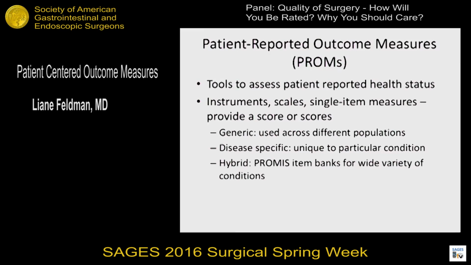And they can be generic. Examples of this would be SF36 or EQ5D or PROMIS. PROMIS is a little bit unique, so that's a bit of a hybrid, as I'll get to in a second. These can be used across different populations, so you can compare the health of different populations using these generic